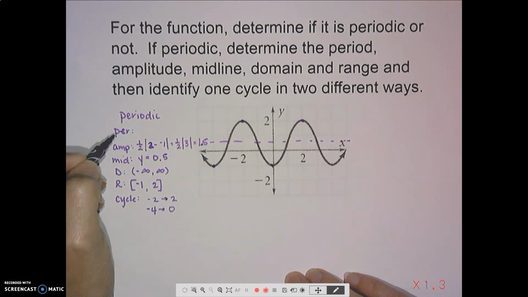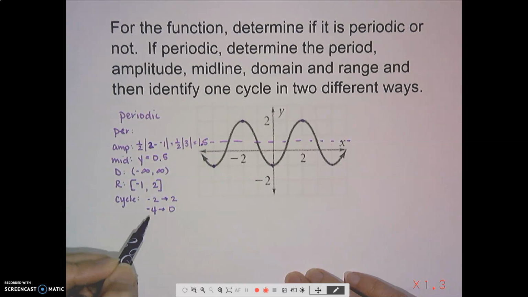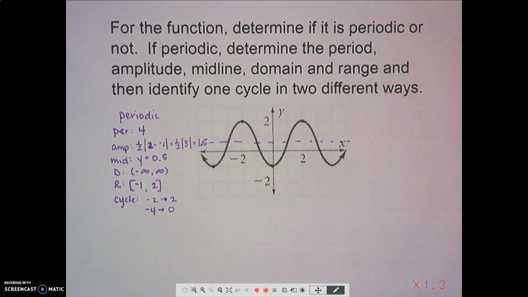And then for the period, it's how long one cycle takes to happen. So from -2 to +2, or -4 to 0, is 4 spaces. Okay, and this will start to go faster as you understand the process a little bit more. Okay,